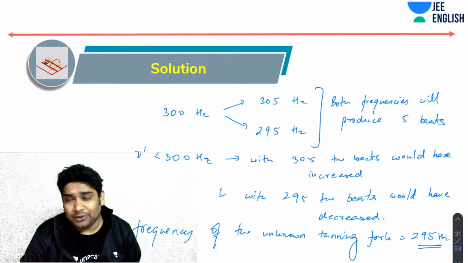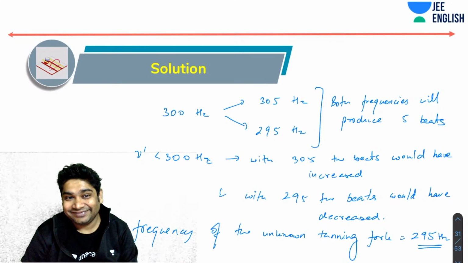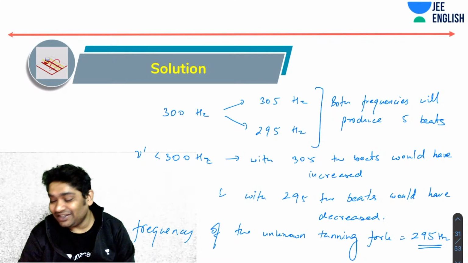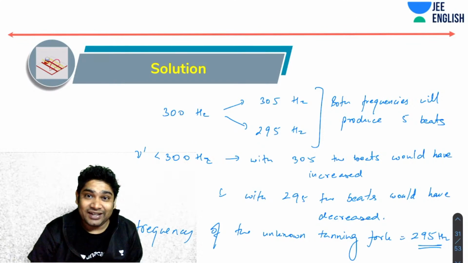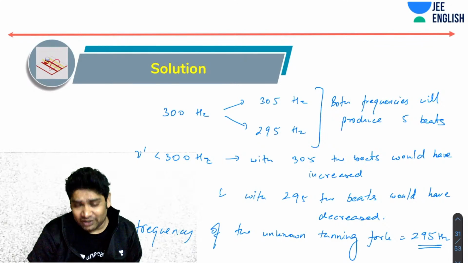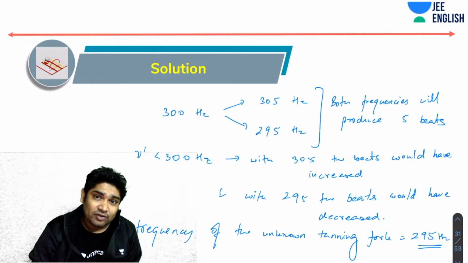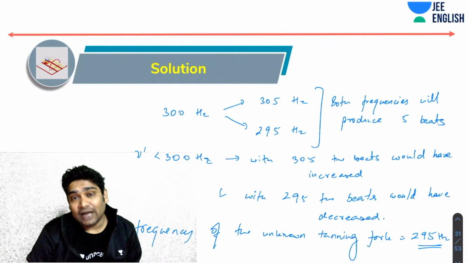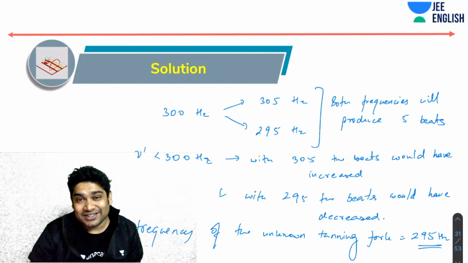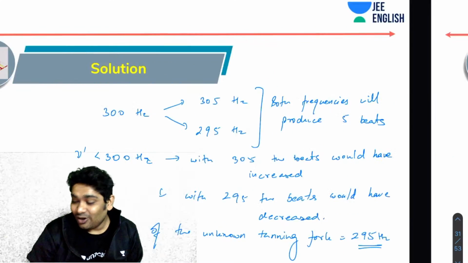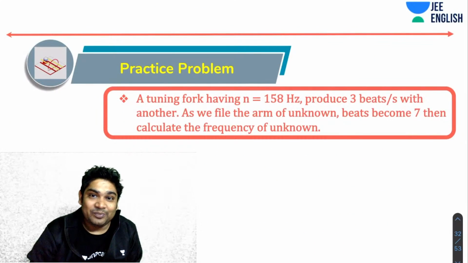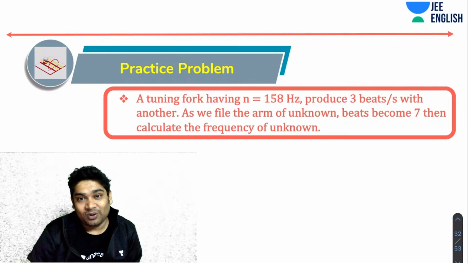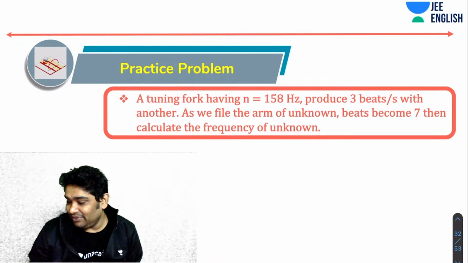This is how you judge which one out of the two is the correct answer. Okay, you will have two pieces of information. The first piece will give you two options, and the second piece of information will help you narrow down which one of those two options is the correct option. All right, so why don't we try one more problem? Let's just try one more problem, and then maybe we can wrap it up.